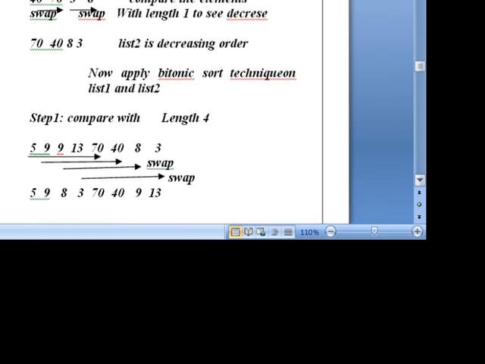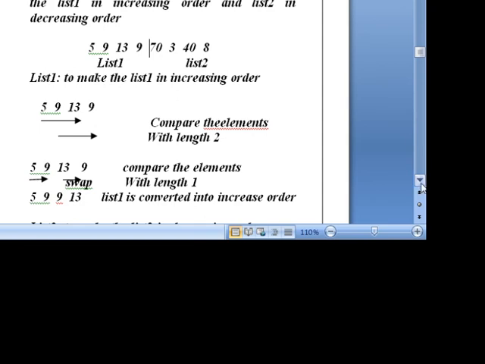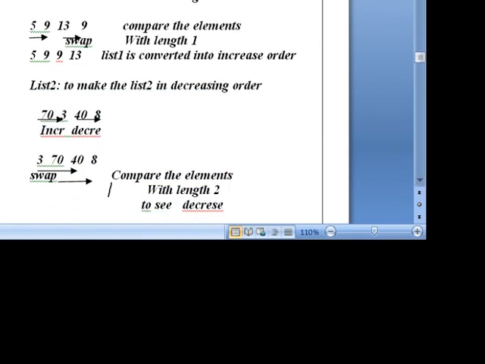If the sequence is not in sorted order, once again I will explain the first conversion of a non-sequence into a bitonic sequence. So the given list is not in sequence order, so you have to convert it into a bitonic sequence. For that we divide the list into two halves, list 1 and list 2. Now take list 1 and make it increasing order, take list 2 and make it decreasing order. For increasing order, compare first and third, second and fourth. When we compare, we see it is in increasing order, 5 13 increasing order, okay, no problem, 5 30, 9 9, as it is you write.